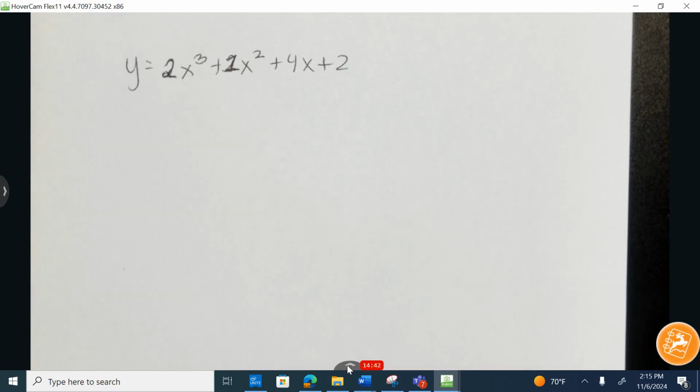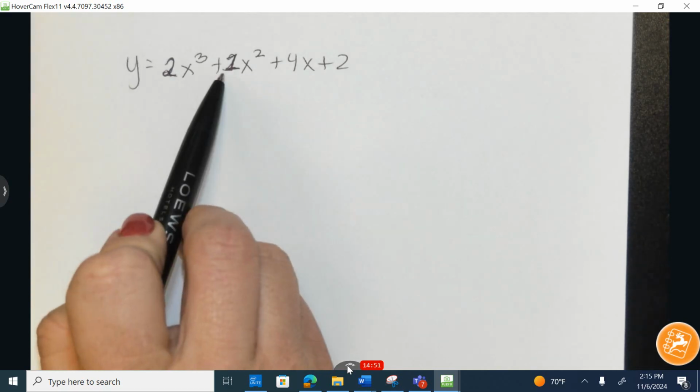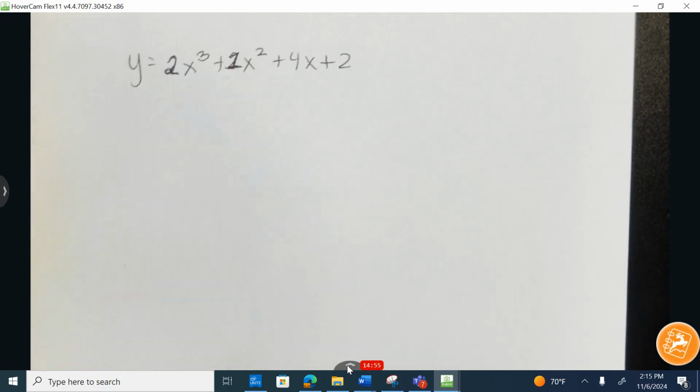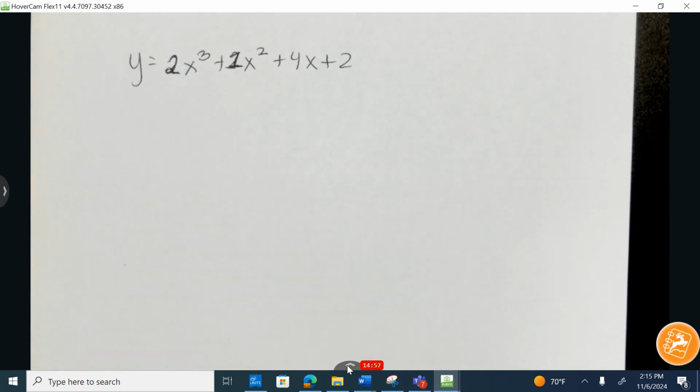Let's take a look at another example. This one is a little bit different and pretty messy: 2x cubed plus 1x squared plus 4x plus 2. Now we have a leading coefficient that is different than 1. Okay, what we're going to do here